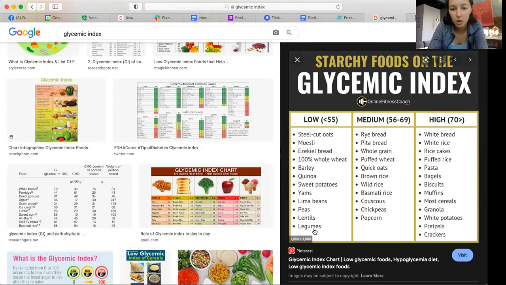And then we have low. These are the ones that you want to be consuming the most of. You're going to see these are lots of chickpeas, lots of legumes, and starchy vegetables, things like that. So there are obviously a lot more in-depth lists than this. This just gives you a little snapshot, but it was interesting to see when we go back to that chart, you could see the difference in how those different foods spike.